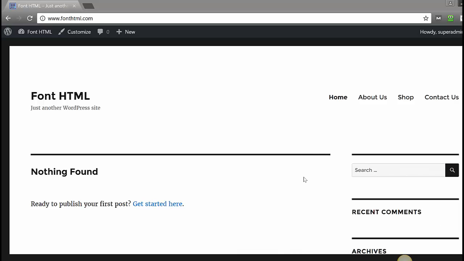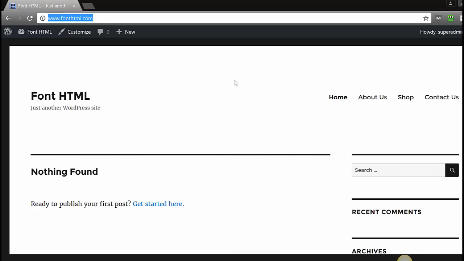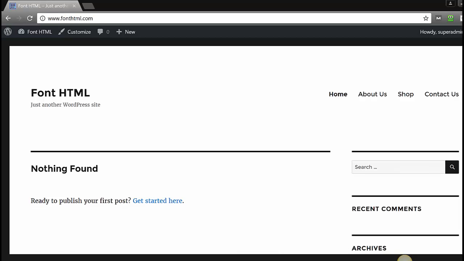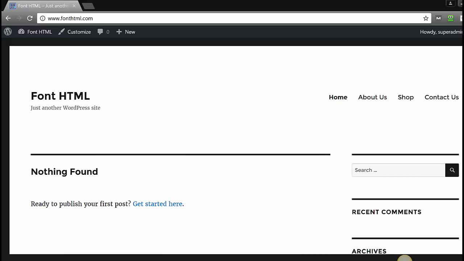So I'm on my website, fonthtml.com, which, as you know, is the demo site that I've been using for many of the tutorials. And as you can see, it has the default WordPress 2016 theme. So I'm going to go ahead and swap this out with something else, and then I'm going to be building out a sample website. So I'm going to the dashboard,